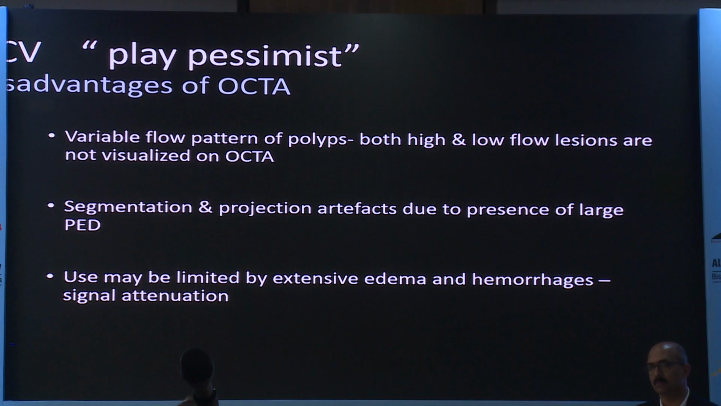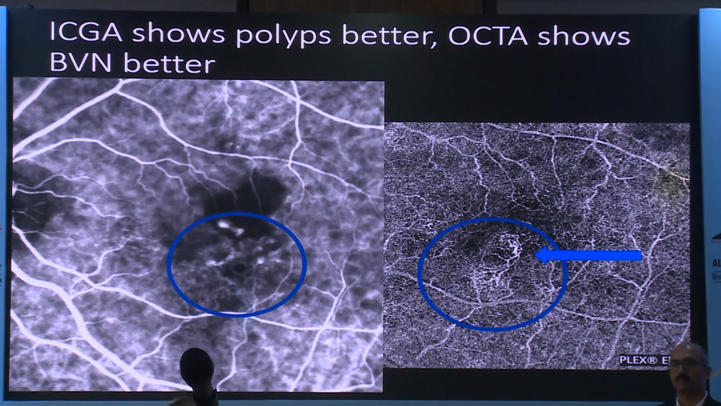What about PCV? I think PCV, every time you go for conferences, everybody plays pessimist. It says that OCTA, there's variable flow. Somebody says the flow is too high. Somebody says it's too low to be picked up. There are a lot of segmentation artifacts. You have these huge PEDs, lots of blood. You can't see it. So we tried to find out whether we can use it to help us